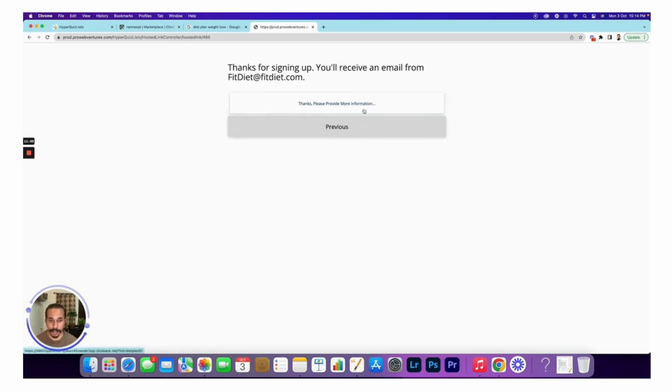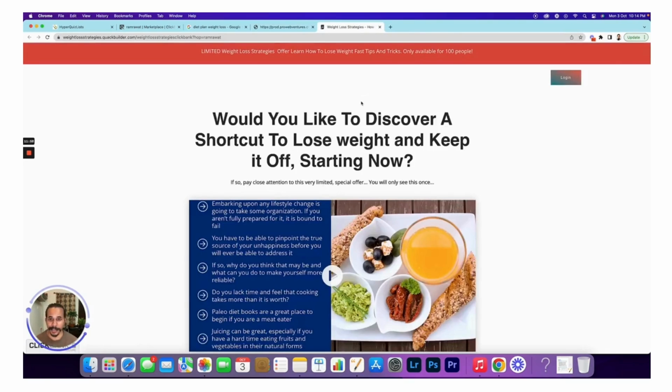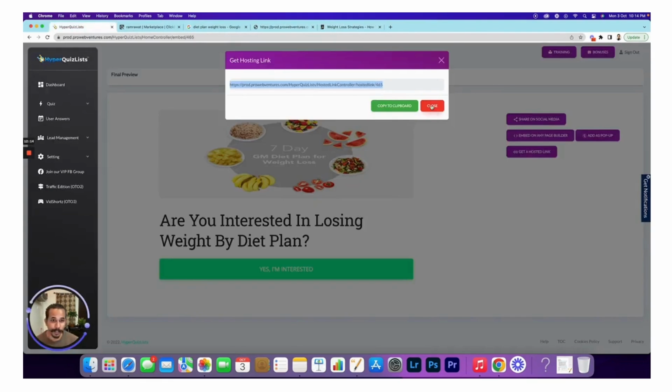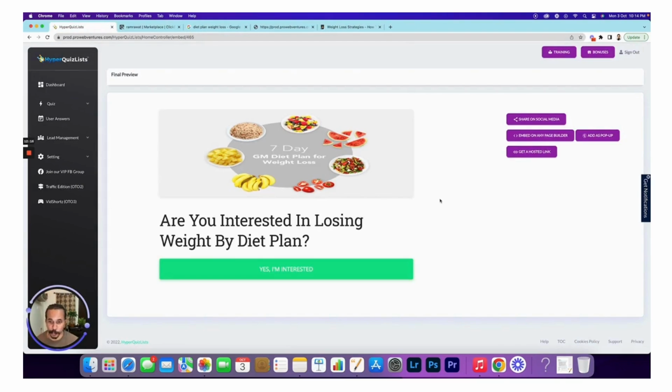Now I'll click on this button that is going to redirect me to the affiliate URL. So I'll simply click on this and you can see my affiliate link is now open in a new tab with my affiliate ID in it, and this is the affiliate offer, which is of $47 that I picked up from ClickBank. Now I think this is done, and now we know that the quiz that we created works,